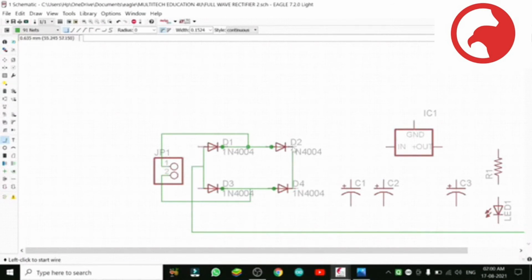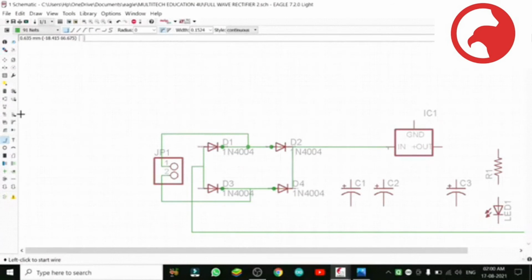Now you have to see, have you observed something? Our voltage regulator is not in a proper position. We have to rotate it, otherwise it will not be workable. One pin is going upside, which is supposed to go to ground as per our full wave rectifier circuit, so it should come down.